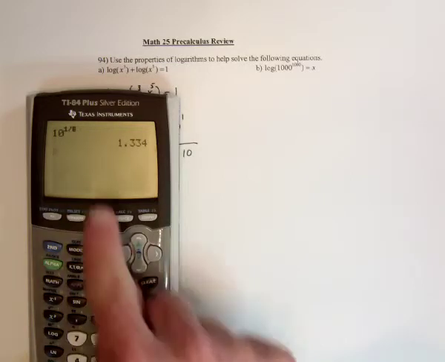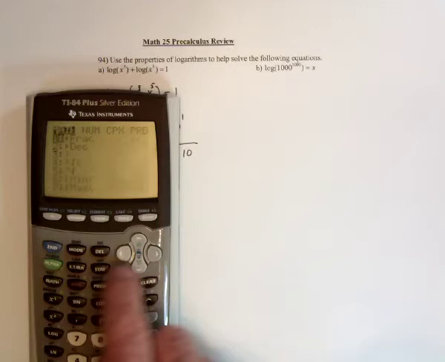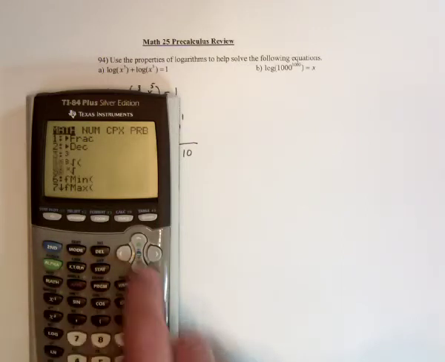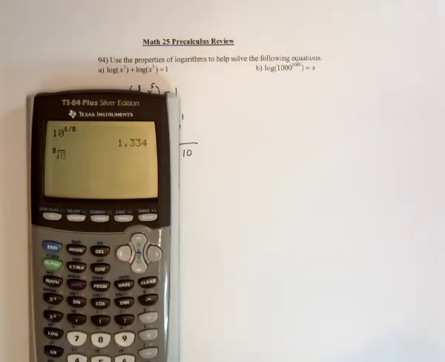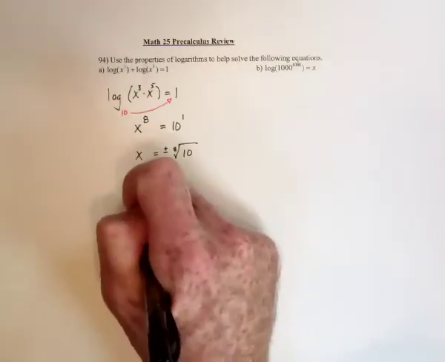You might have to, on your calculator, put parentheses around the 1 and the 8 if you don't get the same answer, 1.334. Or you can say, I'm going to take the 8th root and then go to math, move down to this one right here, and say the 8th root of 10. Same thing. So 1.334